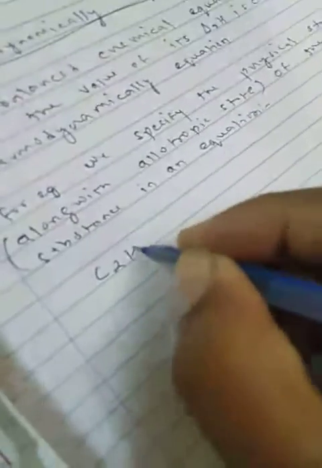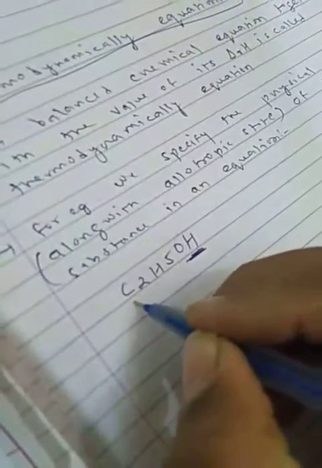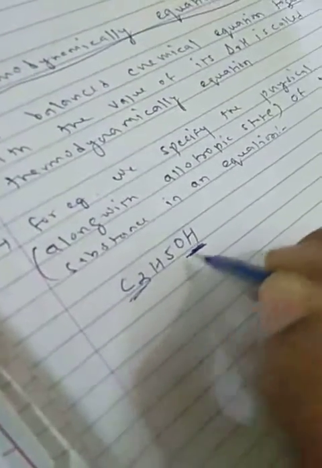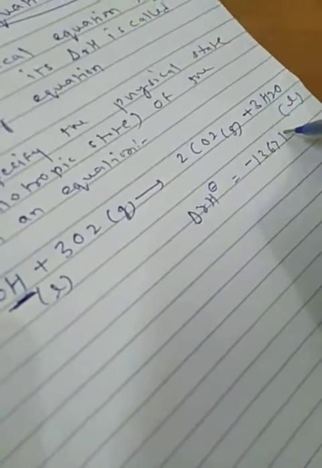If I am showing you one equation, that is C2H5OH, ethanol. This is alcohol, and the number 2 means ethane. From ethanol, plus 3O2 in gaseous form, this is in liquid form, going to change into 2CO2 gas plus 3H2O liquid. This is the equation where delta r H is equal to minus 1367 kilojoule per mole. Now, what does the above equation describe?